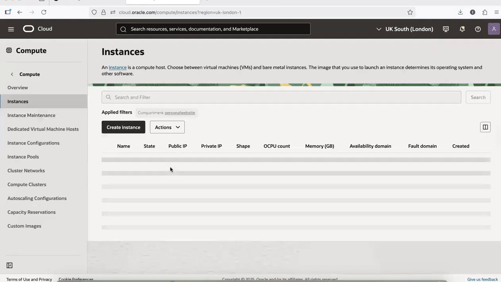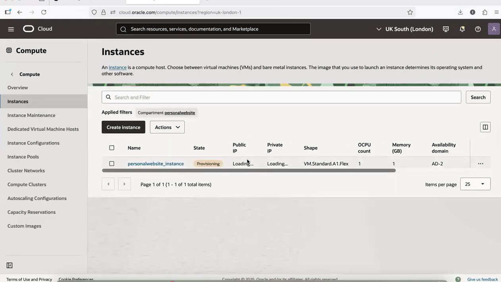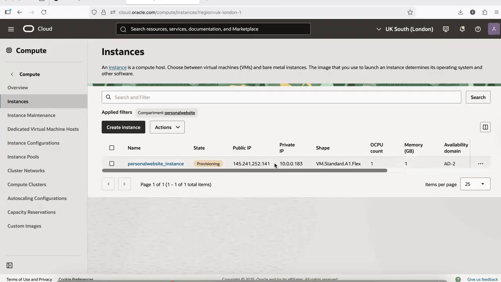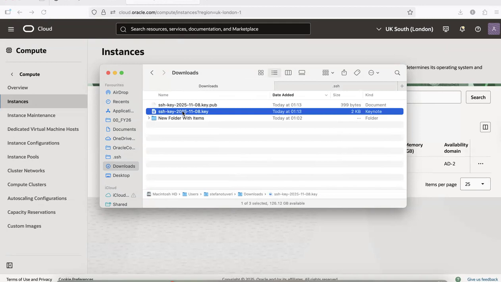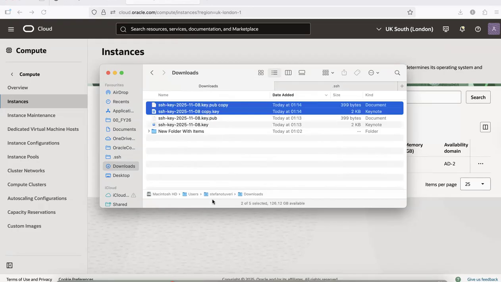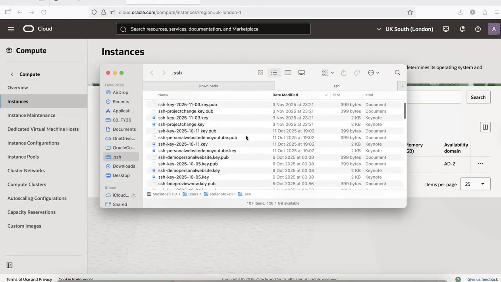If we go on the instance, in a moment we should see the public IP address pop up. It is what we need in order to connect to the machine together with the key that we just downloaded. So let's sort out the key first. The two keys we downloaded are in the download folder. I usually keep a copy of the key and give it a specific name, so I can just play with them. For this exercise, we can call them